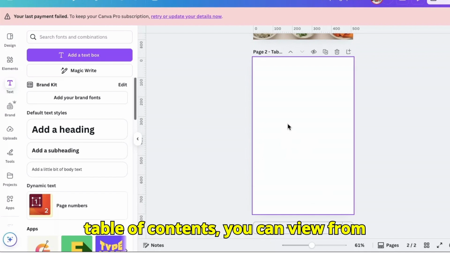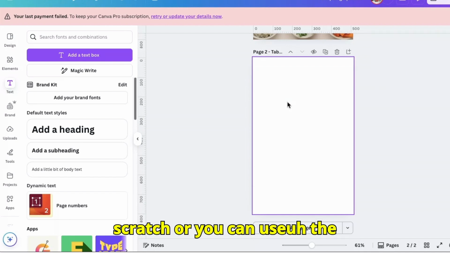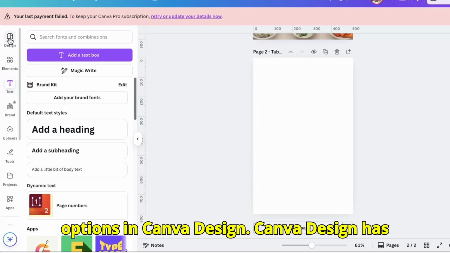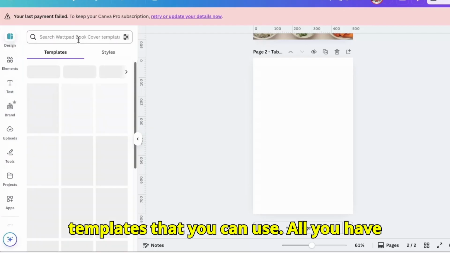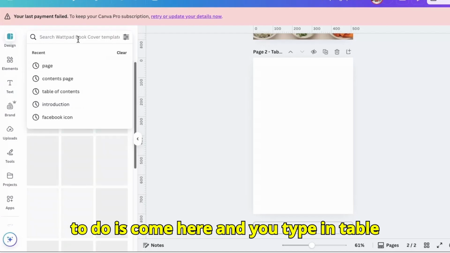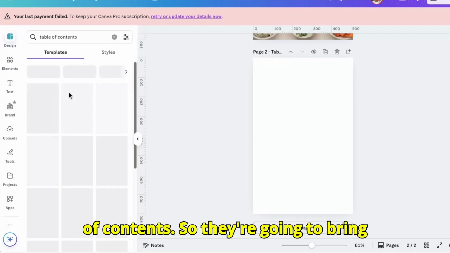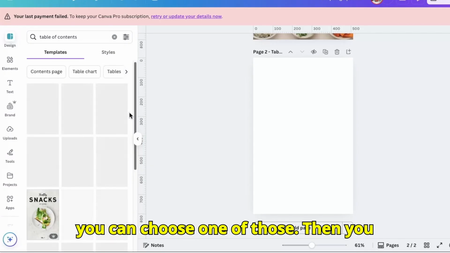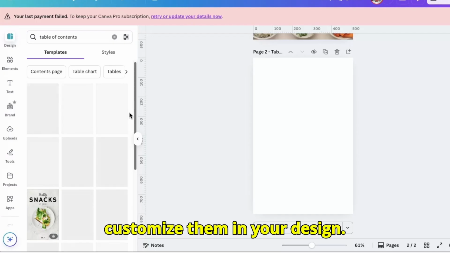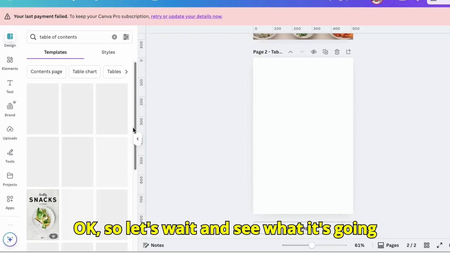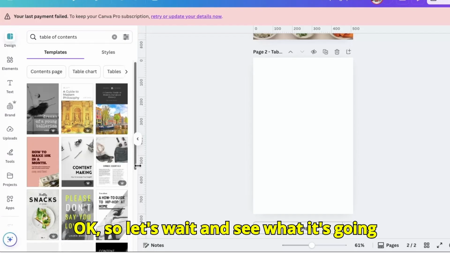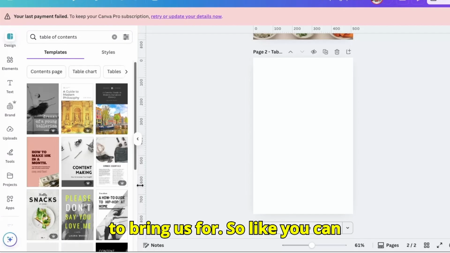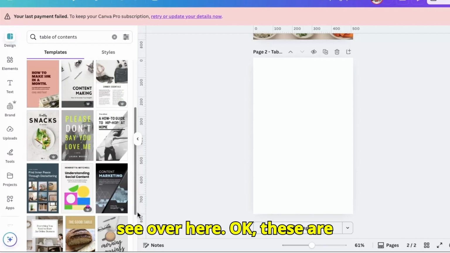Now for the table of contents, you can build from scratch or you can use the options in Canva Design. Canva Design has templates that you can use. All you have to do is come here and type in table of contents. So they're going to bring you a variety of options available and you can choose one of those. Then you customize them in your design. Okay, so let's wait and see what it's going to bring us. Like you can see over here,